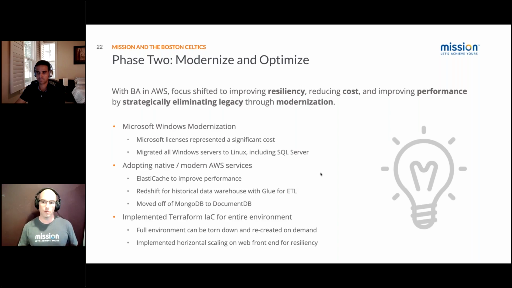And moving off of MongoDB on EC2 or on an instance to a managed service such as DocumentDB, which is a managed version of MongoDB, was absolutely critical for them. Again, a document database is a large amount of overhead. Removing that, taking care of the updates and the patching. Again, this is the buy versus build mentality, and it helped out immensely at letting them streamline their performance.